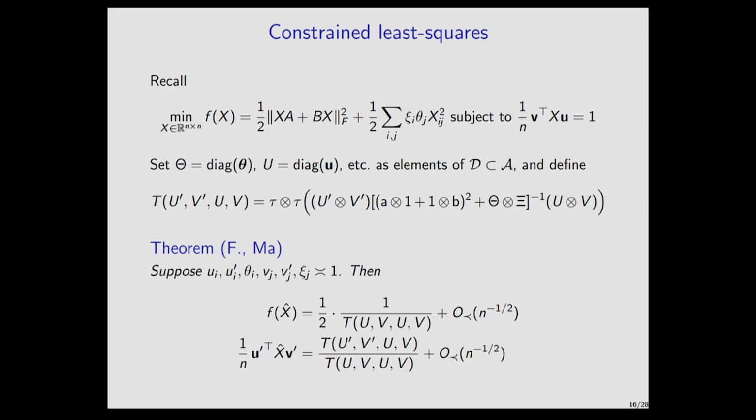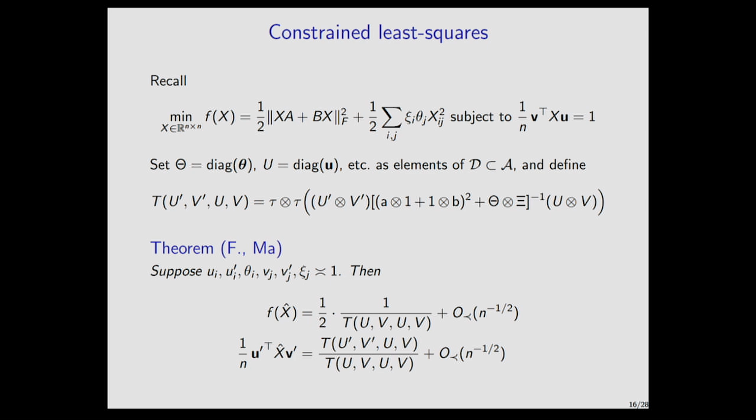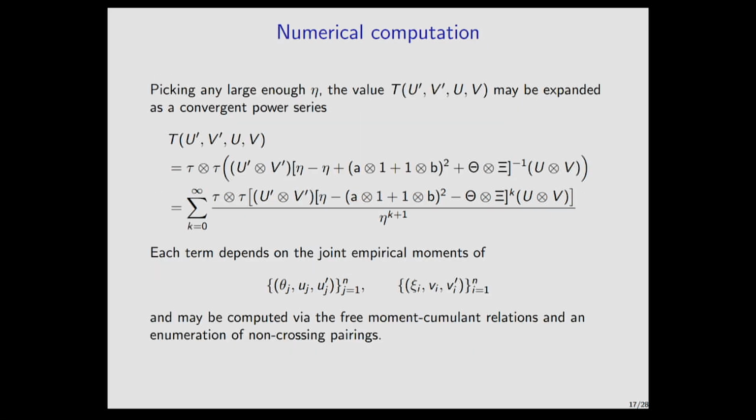One thing that maybe I can try to explain is that, because we don't have scalar fixed point equations defining these limits, it's not entirely clear how one might compute numerically on a computer, like what is this useful for? So we suggest maybe one way to do this computation. This quantity that I'm defining here has this inverse of this operator. And what we suggest is that you can do this trick of adding and subtracting this eta inside. You take eta to be large, you add and subtract it inside the inverse, and then you do a series expansion in the first eta. So you'll get factors of 1 over eta on the bottom, and then powers of this remaining stuff on top.